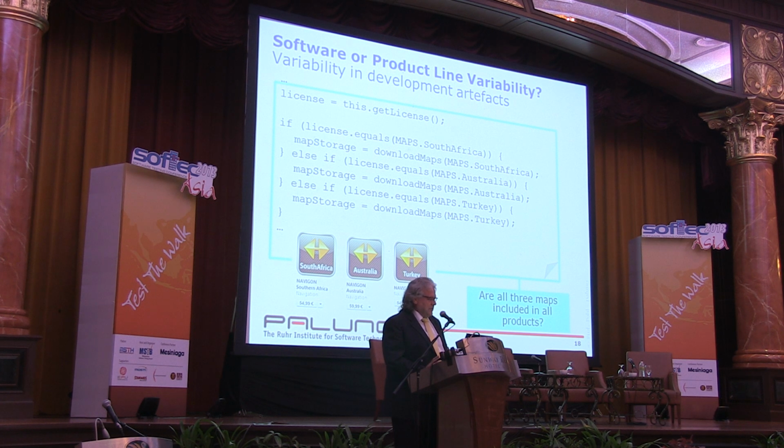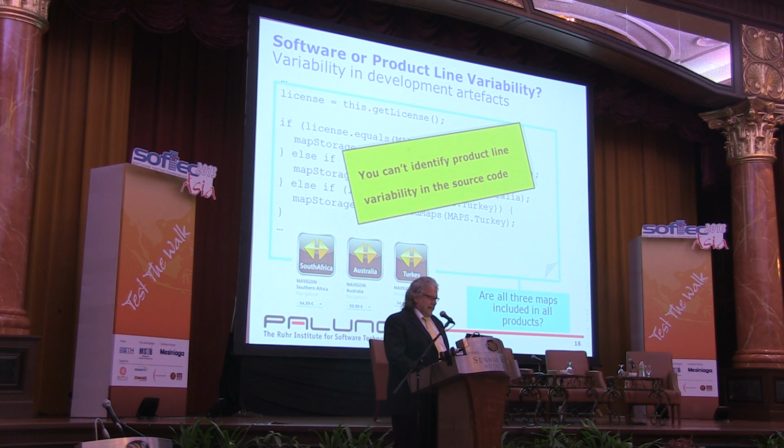Of course, in this example you can guess something, but if you look at normal code, it's absolutely impossible to tell if an ifdef statement, for example, is based on a testing primitive or really based on a differentiation of the variability. So again, looking for variability in source code is very difficult. You can identify possible variabilities, but you can't tell what is variable in this product line and what not.